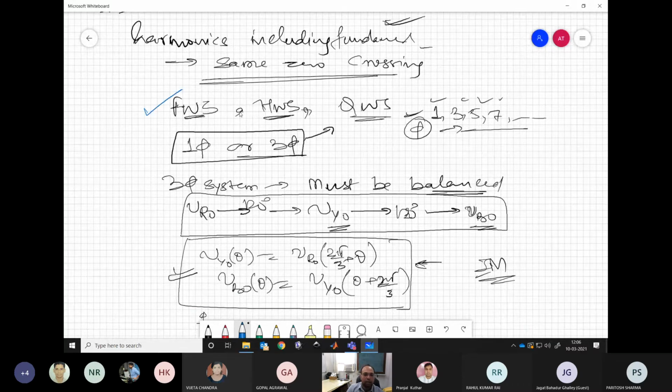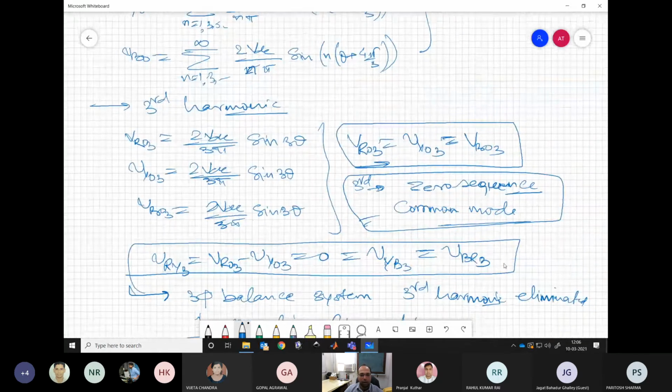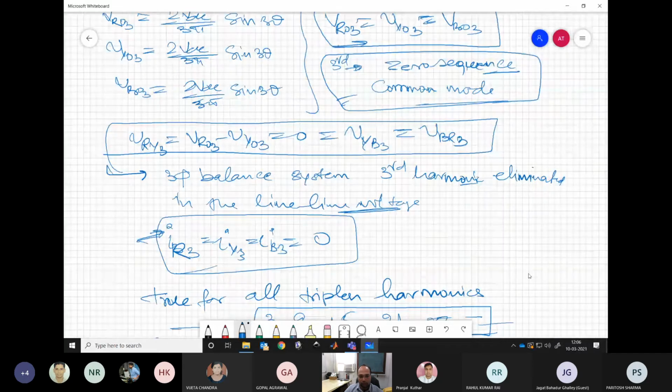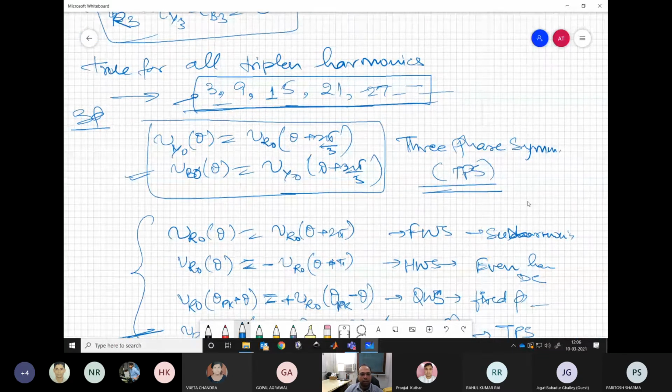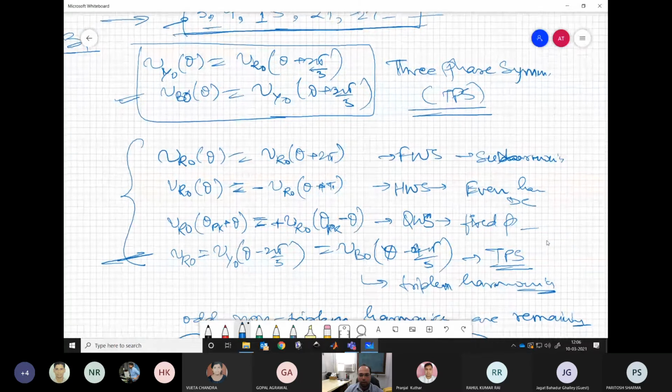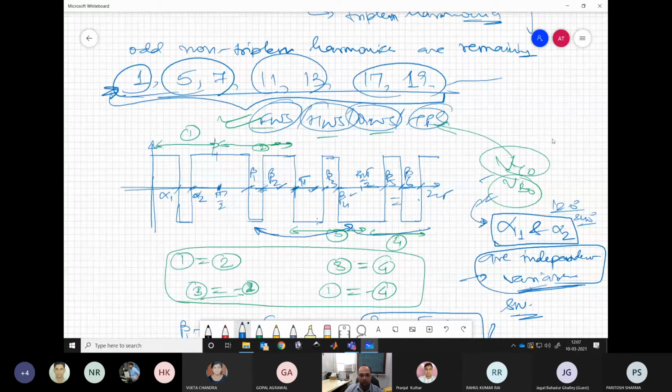And then we had the three phase balanced system, where we saw that if we are having a balanced three phase system, we automatically get rid of the triple harmonic components, for example 3, 9, 15, 21, etc. And hence, if this three-phase symmetry is maintained, our system is free from all such voltages and currents. So that is a very good and important thing for any system. You can get rid of so many harmonics which would have been there in your system if you had not maintained any symmetry or had not taken care of these things.